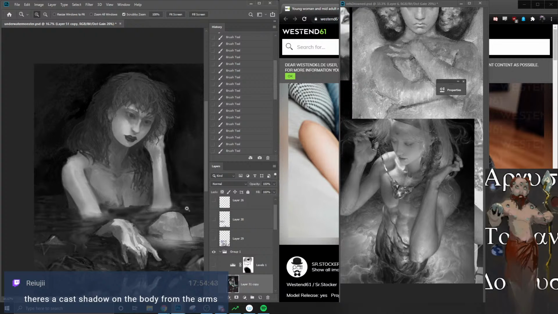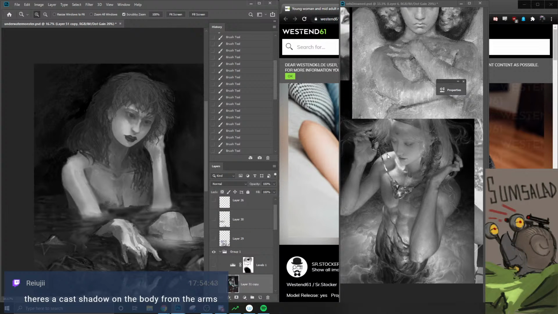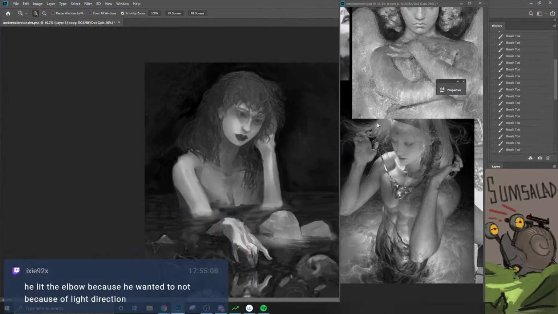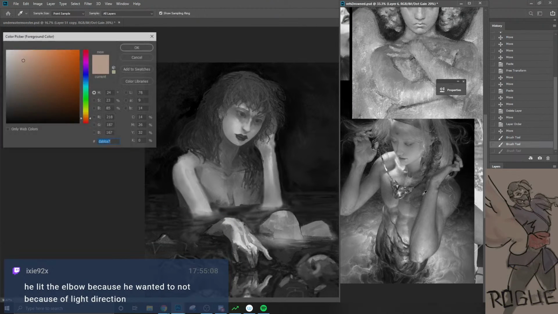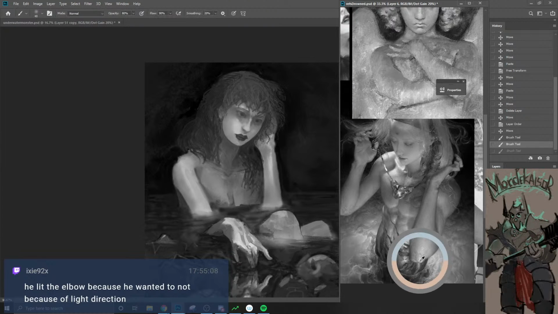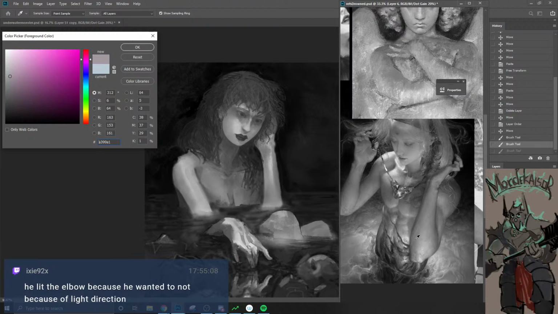Yeah, but which doesn't make a lot of sense, right? Because if the light is, you know, this is like JFK's assassination. It's hitting from the left, and the right is getting a shadow. Like, why? So he lit the elbow, not because of light direction. The elbow has a little bit of reflected light, which is very close to